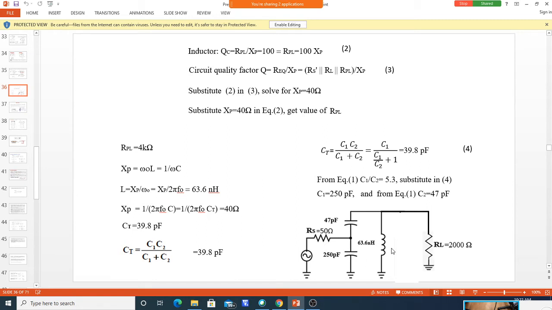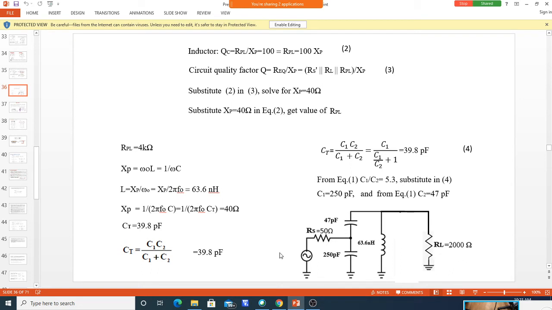This inductor is 63.6 nanohenry, and it has a resistance RPL of 4 kilo ohm, and this is RL 200 ohm. Even though the source resistance is 50 ohm, and we have not connected any external resistance here, in the circuit it looks like the input resistance Rs increases to a value equal to 2K. To the overall circuit, it feels like there is an input resistance Rs equal to 2K, just by splitting this. So input resistance is now 2K, RL is also 2K, maximum power will be delivered to the load resistance.